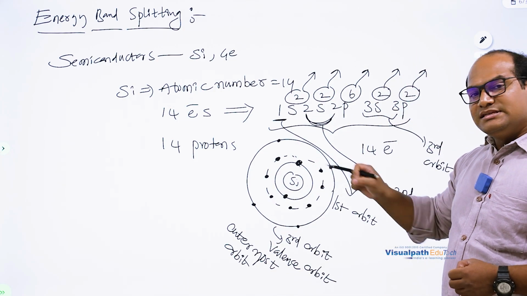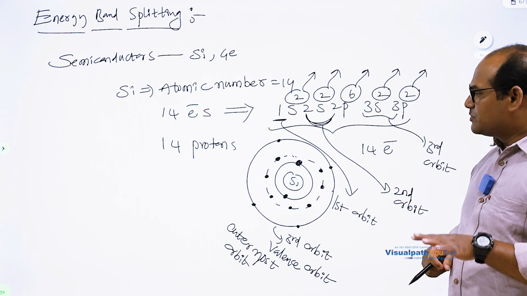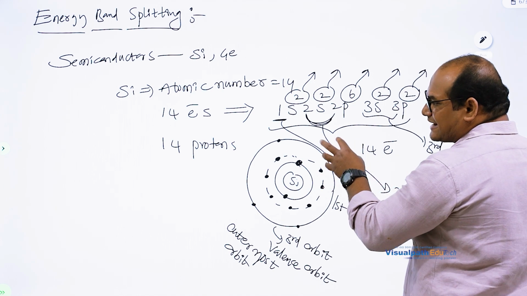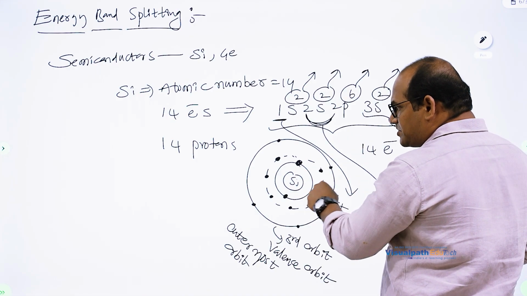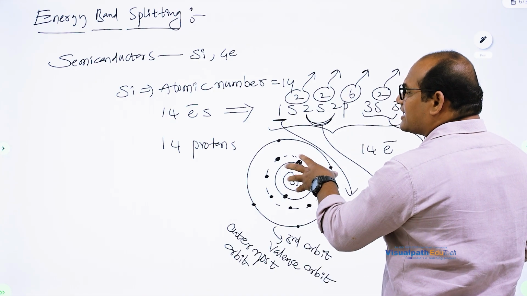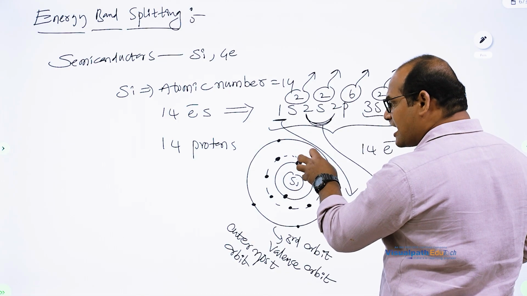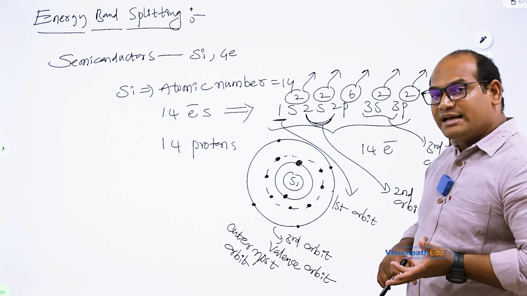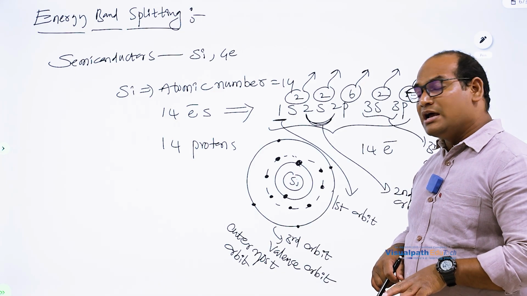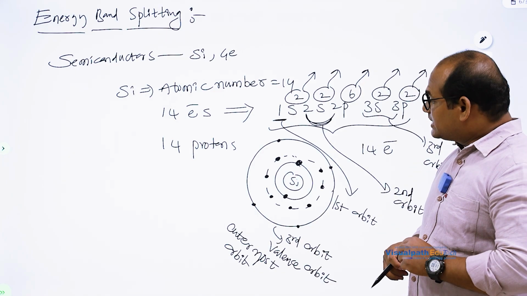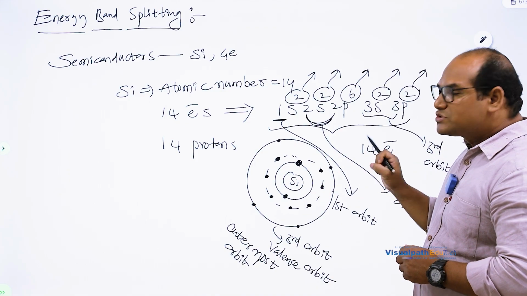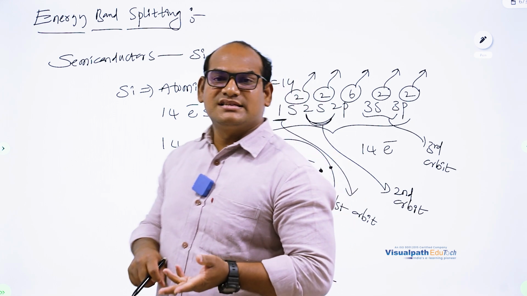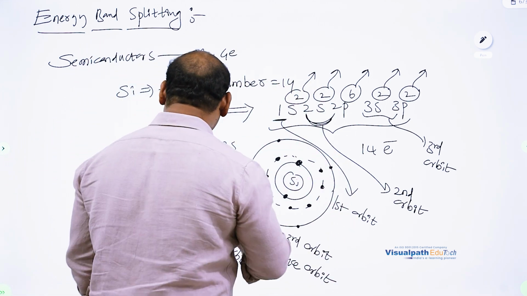The nucleus is of positive charge because of the presence of the protons, and electrons are negative charge. So, out of 14 electrons, 10 electrons are in the first orbit and the second orbit. All these 10 electrons which are available in the first 2 orbits are highly attracted by the nucleus. So, we cannot make those 10 electrons free. But the electrons which are available in the outermost orbit can be made free by providing external energy. That external energy can be provided by using temperature,